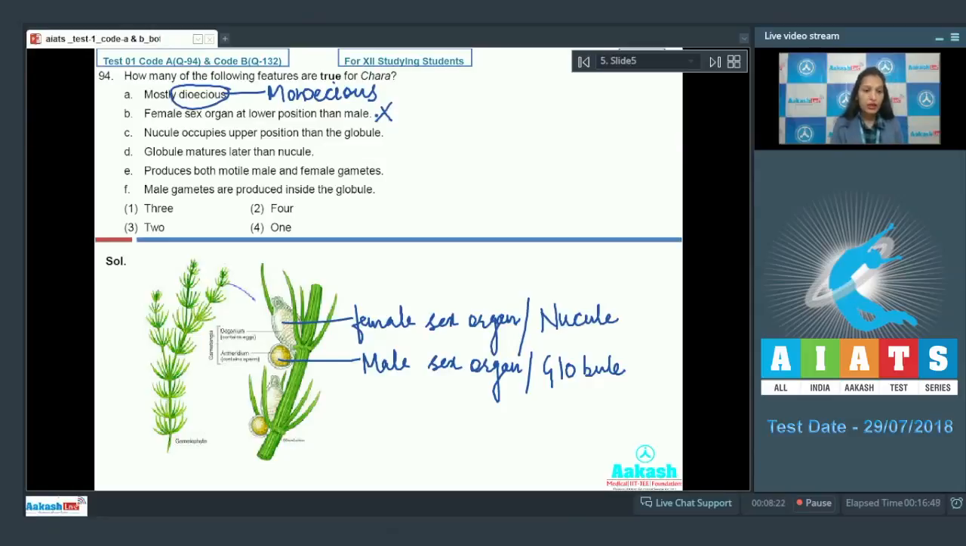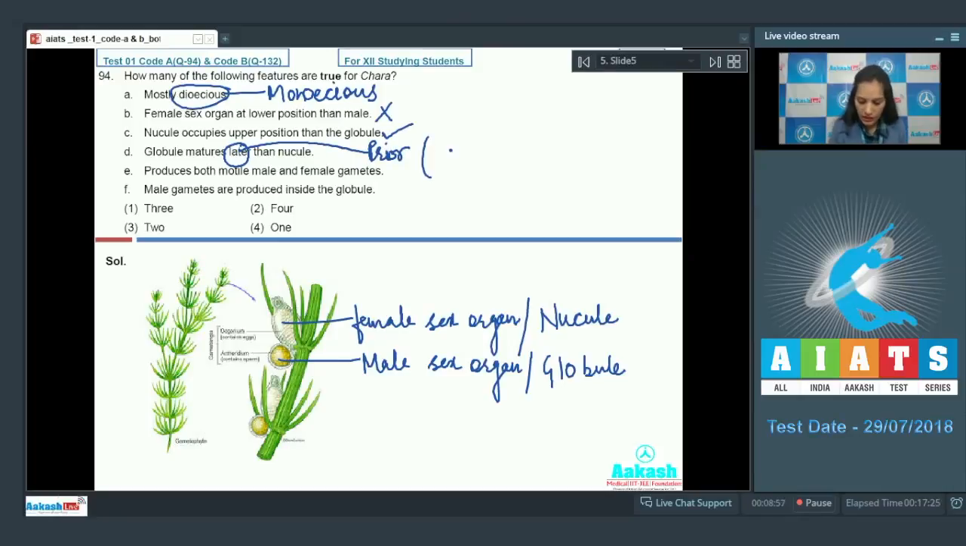C statement is nucleus occupies upper position than the globule. Yes, nucleus is the female sex organ which occupies the upper position than the globule. D. Globule matures later than nucleus. Globule is the male sex organ which matures prior to the nucleus. Male sex organ always matures first than the female sex organ, and this condition is known as protandrous condition. So, not later, it is prior to the